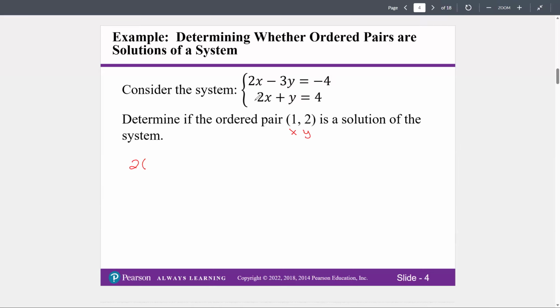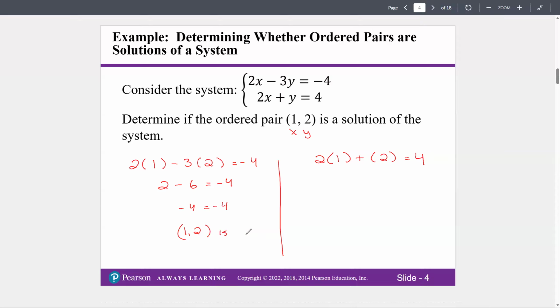So we're going to have 2x minus 3y equals -4, and we know our x is 1 and our y is 2. And then we also have 2x plus y equals 4, with x is 1 and y is 2. So we see here we get 2 minus 6 equals -4. 2 minus 6 is -4, so we get -4 equals -4. So we get (1, 2) is a solution